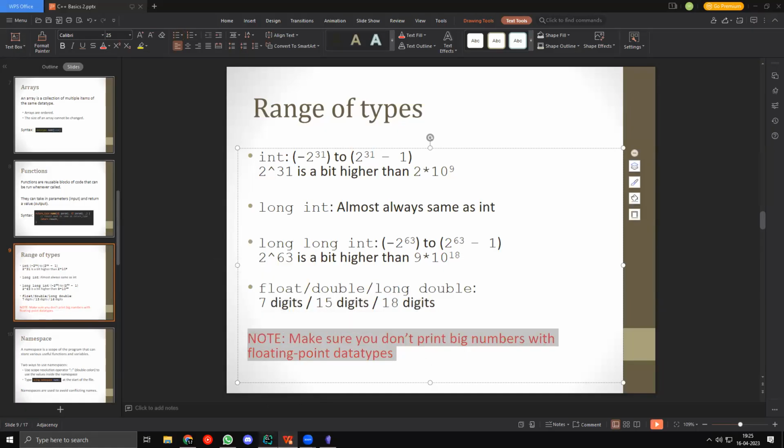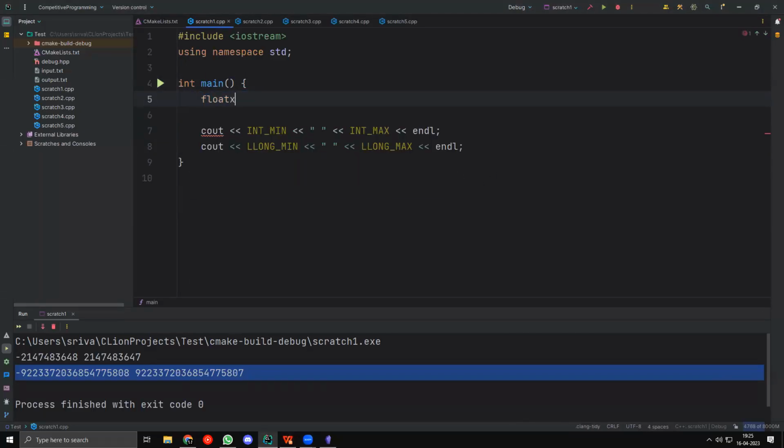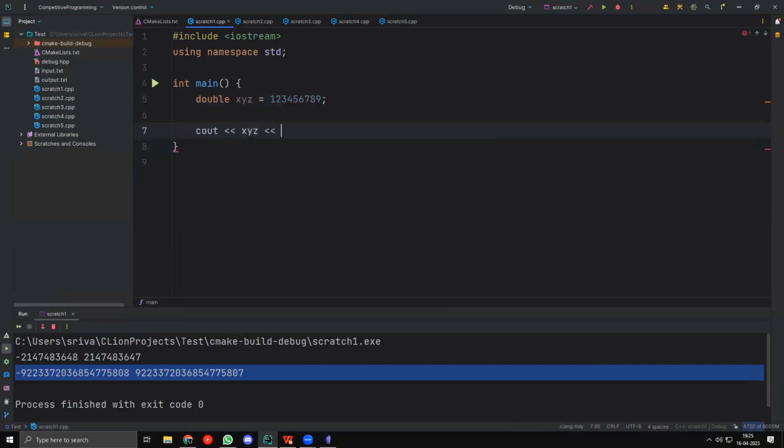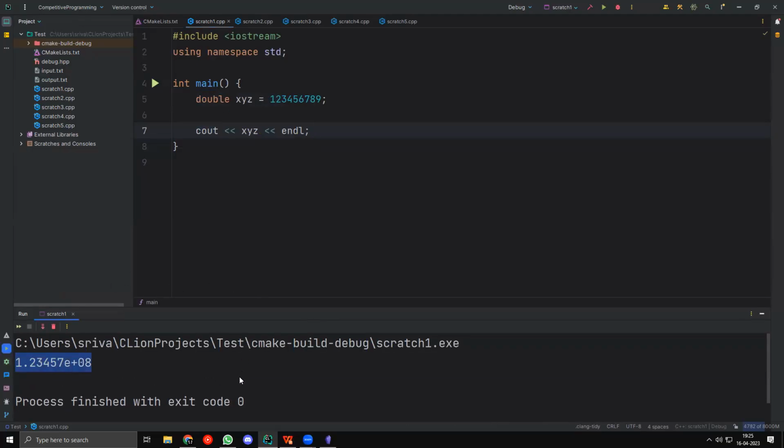But there is one final thing. Let's actually take a float value. Let's say I have float XYZ equal to, let us say, a pretty big value. Okay, actually, let me take double. Double XYZ, let's say equal to 123456789. And let me output XYZ. Now, the issue with double or any basically floating point data type is that they like to approximate. After some point, they like to approximate. So you can see that this actually doesn't output 123456789, but it rather outputs